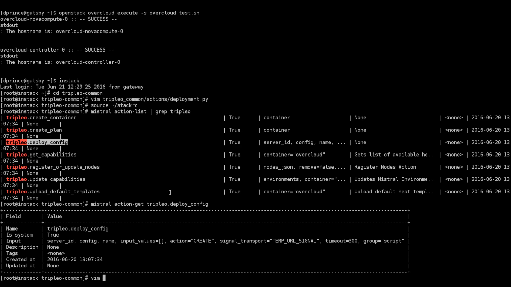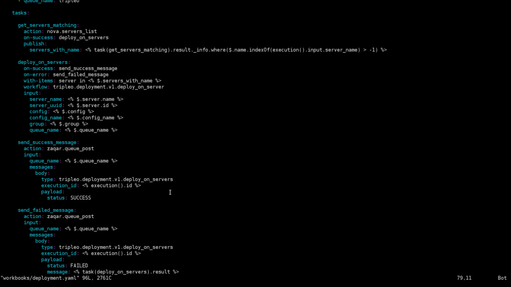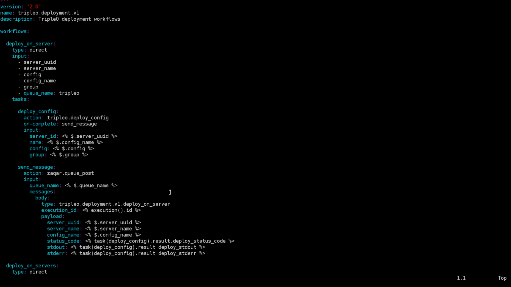Having that installed, we can actually create a workbook. And so the workbook contains workflows. So this is a Mistral workbook that contains 2 workflows. One is deploy on server, and the second one is deploy on servers. So for deploy on server, you can see the inputs here very closely align with the custom Heat software deployment task that I showed you. And so this has two tasks. One is to create the software deployment and run it to completion, and the second one is to send a Zaqar queue message back to